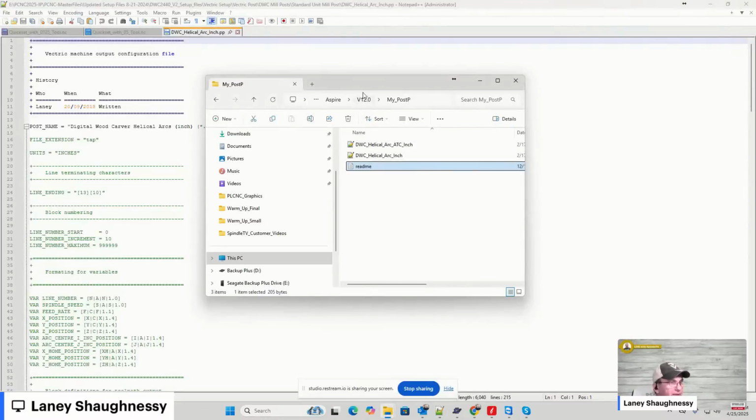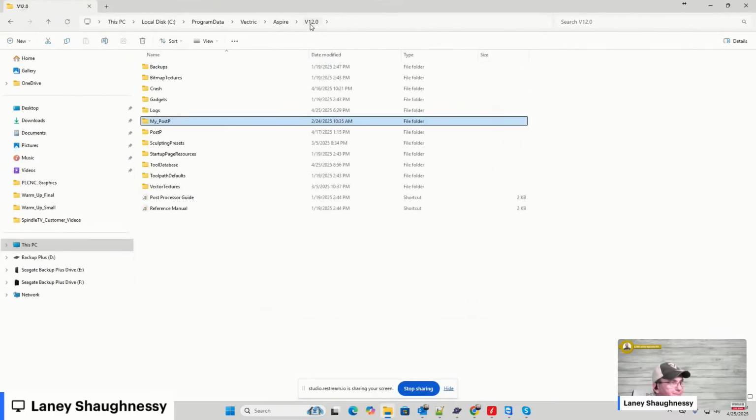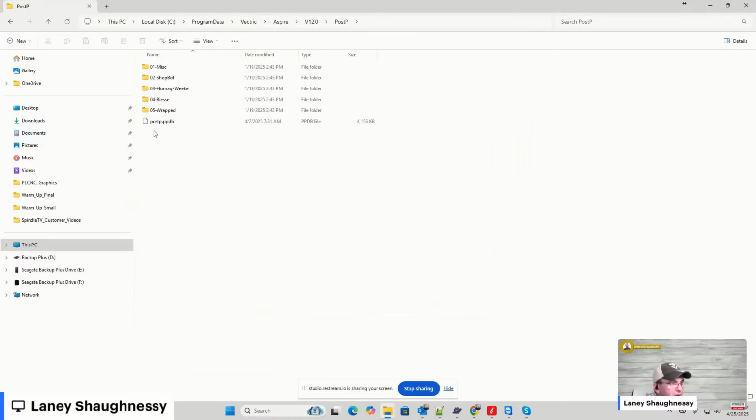Now, if I go back to the application data folder, which I'm already in right here, and I back up, in the Post P folder, this is where you could create a folder, call it favorite post processors, like they're talking about in that README. Favorite post processors are most commonly used or something like that, and you could specify that to be the folder that you want to point to, but it'll kind of come up. All right, let's